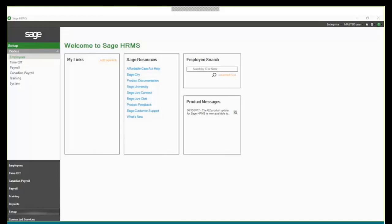First of all, when adding a new department, branch, or location or any other classification code, it's important to remember you'll need to add it in 5 places before it can be added to the employee. This is different in HRMS than it was in Abra. So before we start, I'm going to select a company because my system has the org level set up at the employer level. The first place we want to go is we want to add the new department to Human